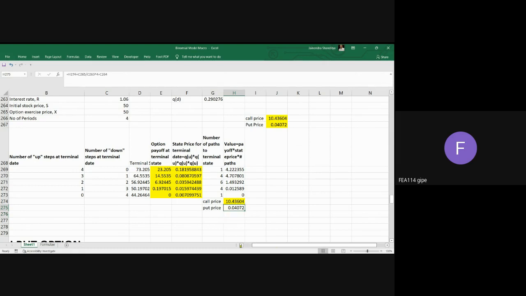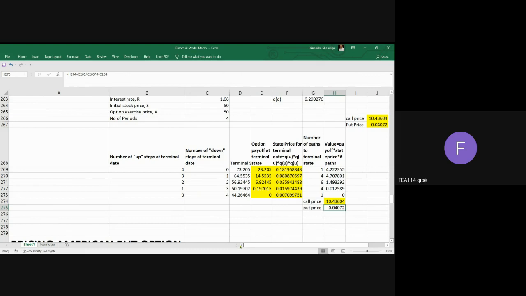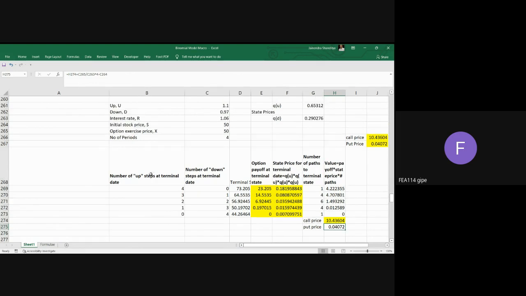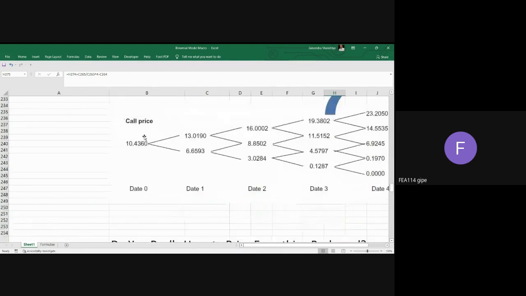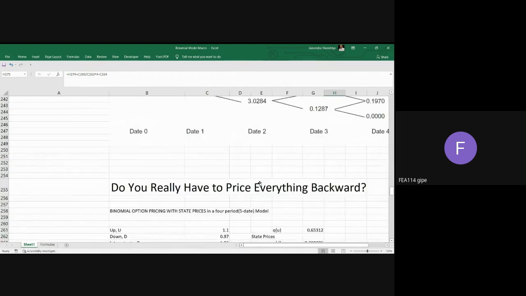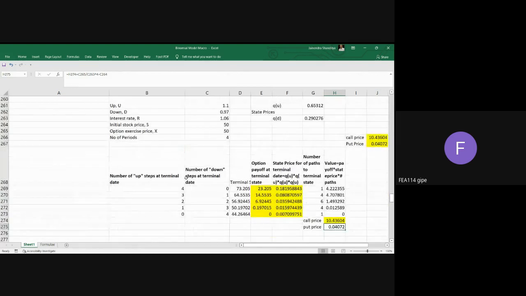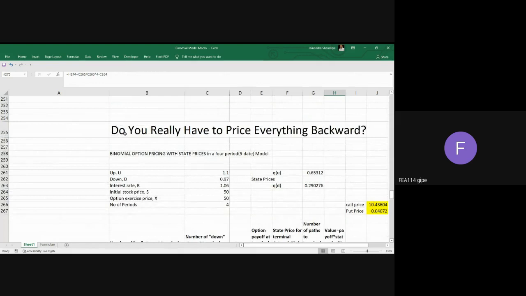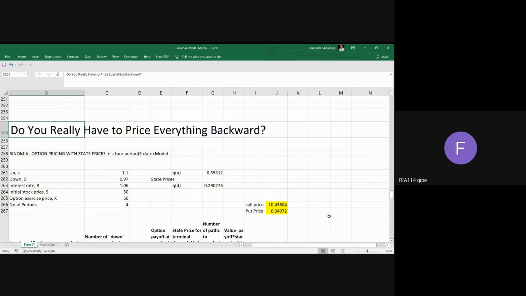Now the one thing which I wanted you to notice, and I told you in the beginning also, is that in case there are multi-periods, like 4, 5, 6 or 7 periods, all are possible. So we need to do things like this. But the question I asked you in the beginning, do you really have to price everything backward? The answer is no. But then what's the way out? The way out is something called